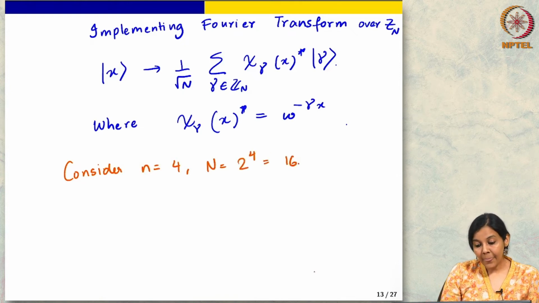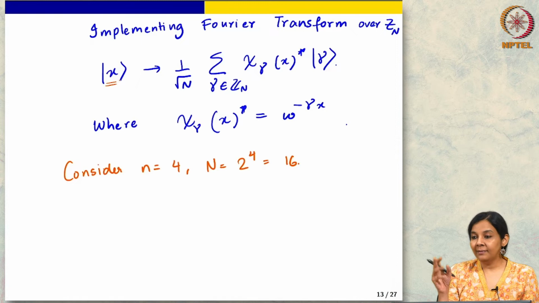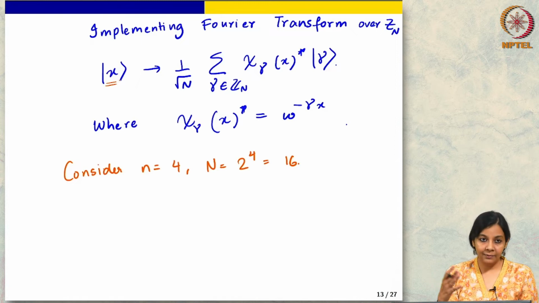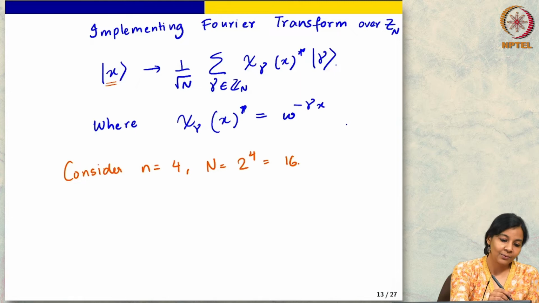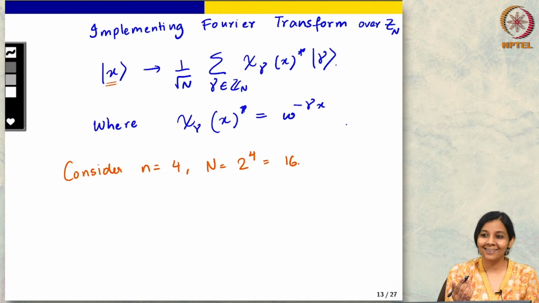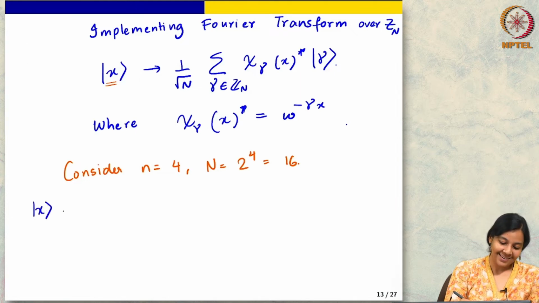this, and so we have our x as a 4-bit register, 4-qubit register, and let us try to build the circuit slowly. Okay, so we will see it via an example, and then as an exercise you can generalize this to arbitrary n. There is nothing to it, so it is not like I am giving you the harder thing to do. In fact, I never do that. Okay, good. So, let us look at x.